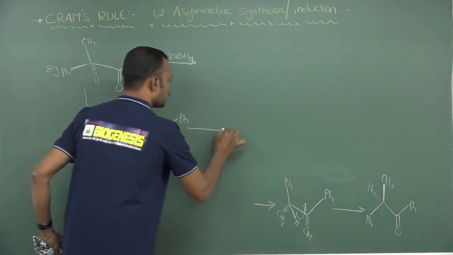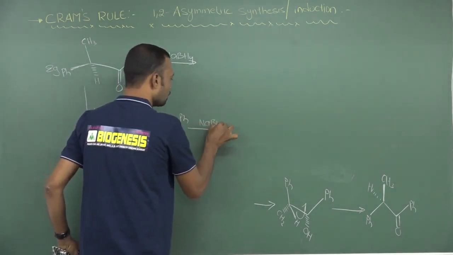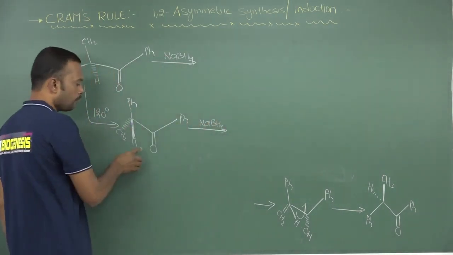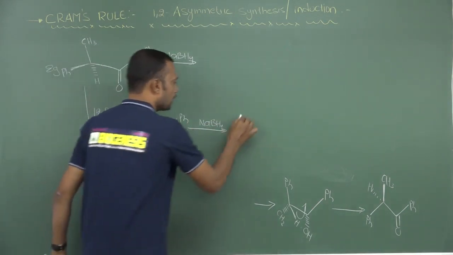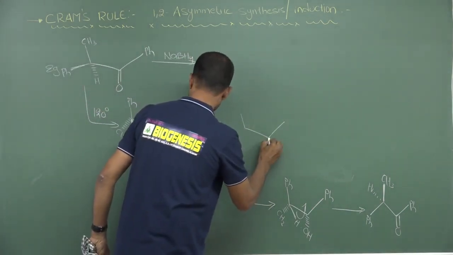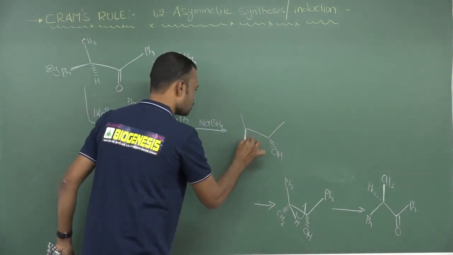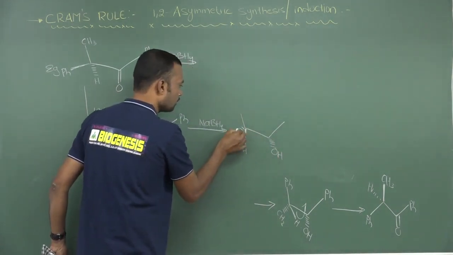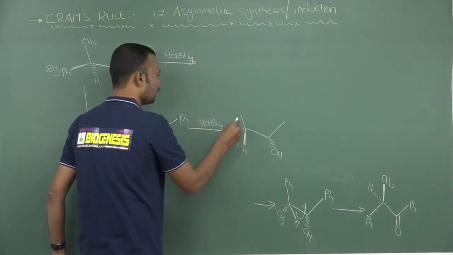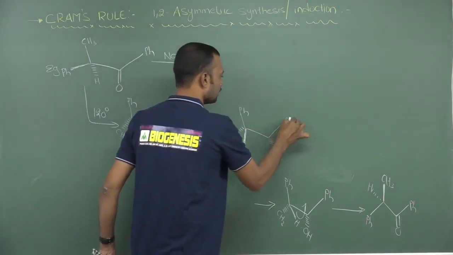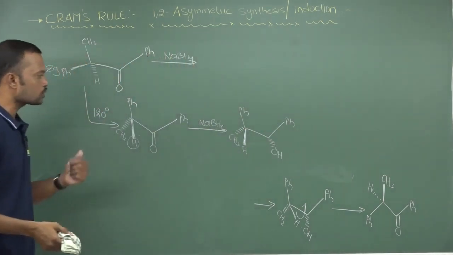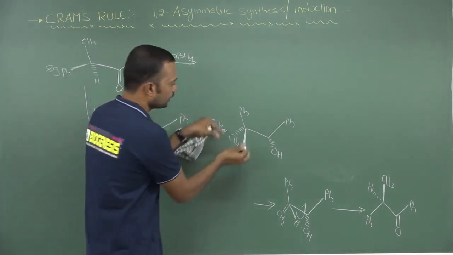So after getting the thick line, now our reagent is NaBH4. It will attack from above direction. Why? Because it is a small group. Finally, here you may get the hydroxy group in dotted line. Hydrogen is completely oriented above the plane, methyl is completely in dotted line, and phenyl is over here like this. And after rotating to the original place, this is below, like this.